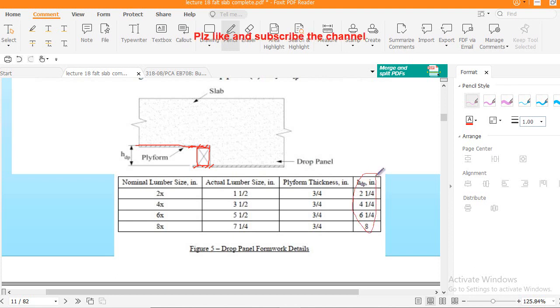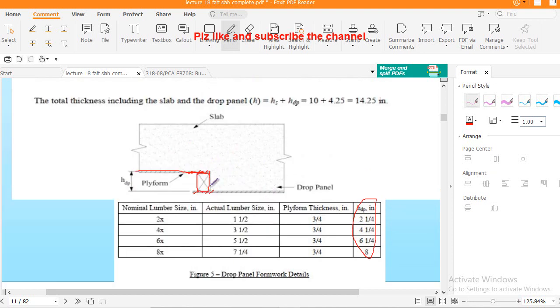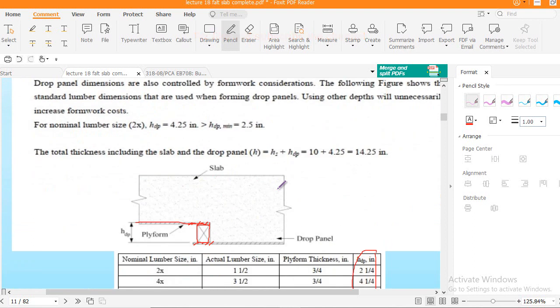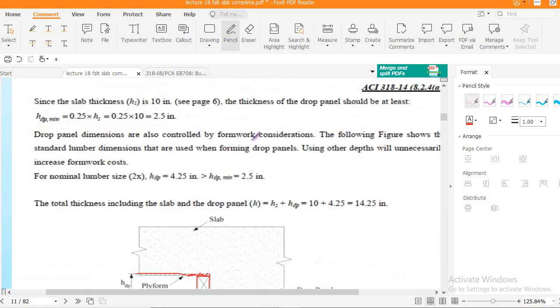You have to use these dimensions because you have to accommodate such standard lumber sizes, right? So this is very important. Okay, and similarly when you are fixing such kind of thicknesses, you remember when you are using your stiffnesses K values in the case of the equivalent frame method. So when you have a drop panel system, remember you have to use tables, and those tables are available for fixed sizes of the drop panel. Okay, I will explain this when we are using the equivalent frame method, but here we are using the